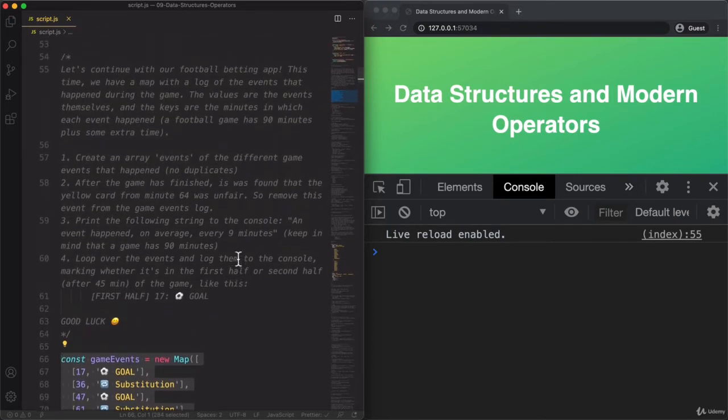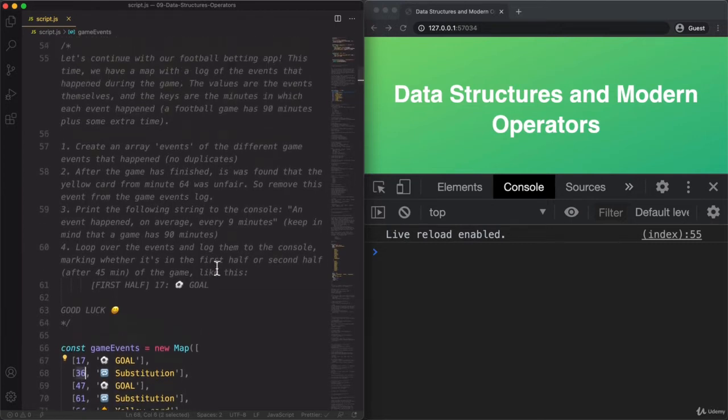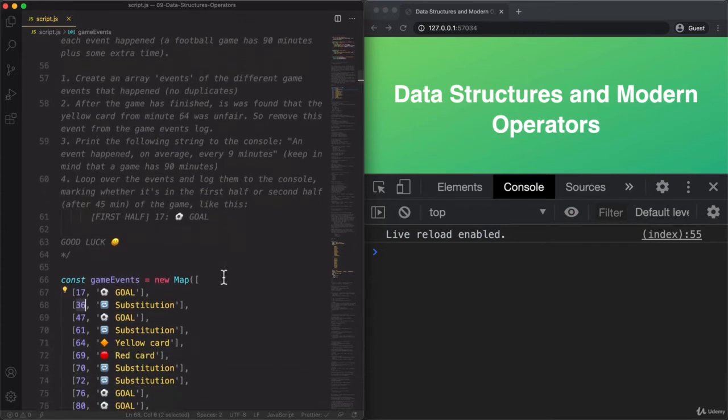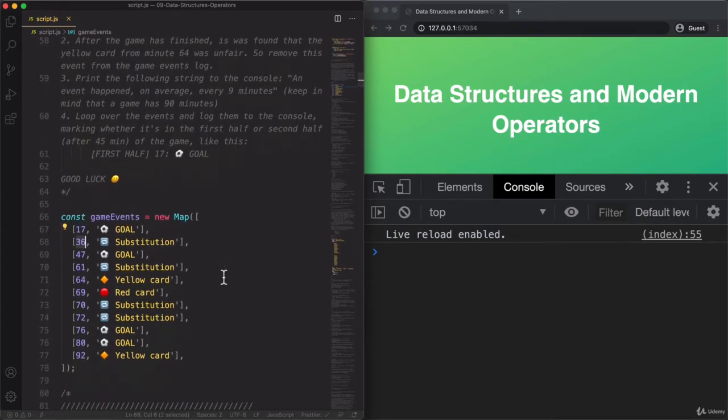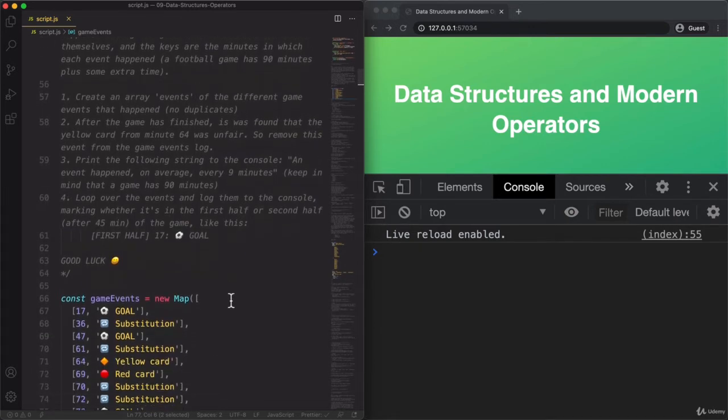the game. So the values here are the events themselves, for example a goal or a substitution, and the keys are the minutes in which the event occurs. And just notice that a football game has 90 minutes plus some extra time. So this might be a little bit over 90, but usually it's always 90 minutes, in case you're not familiar